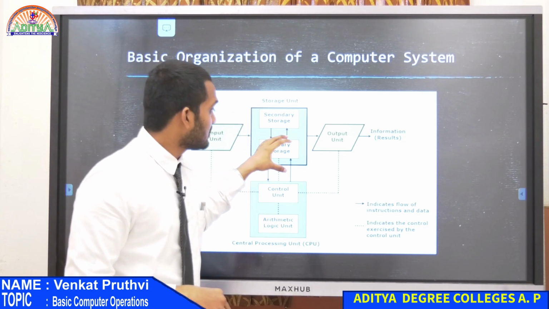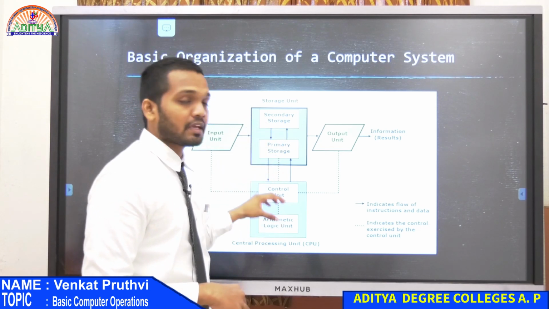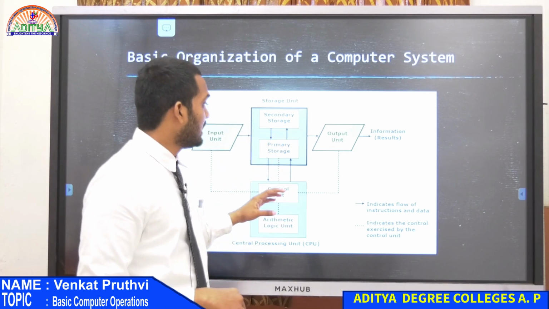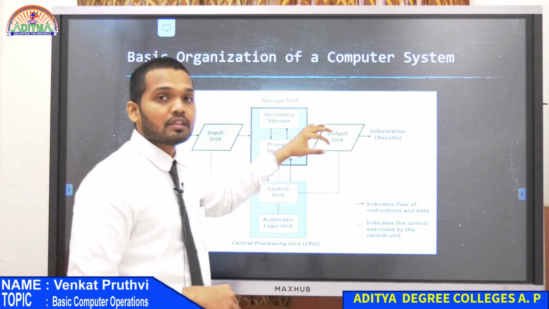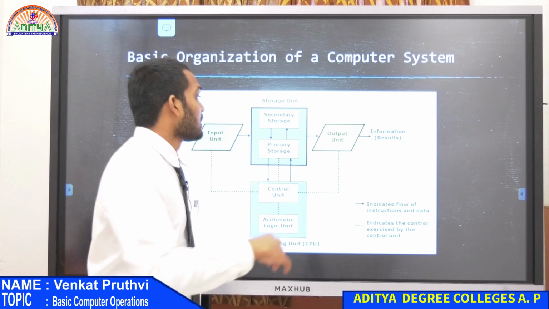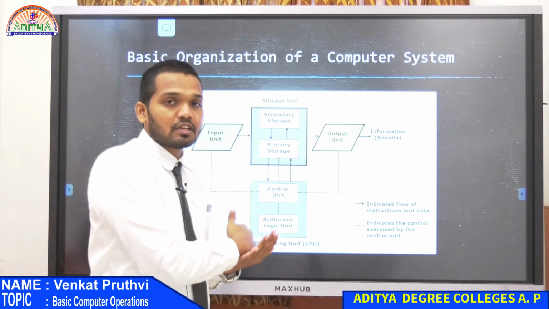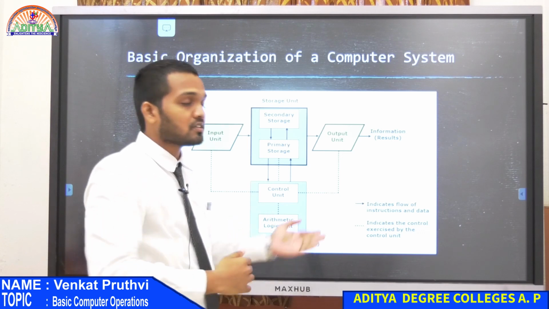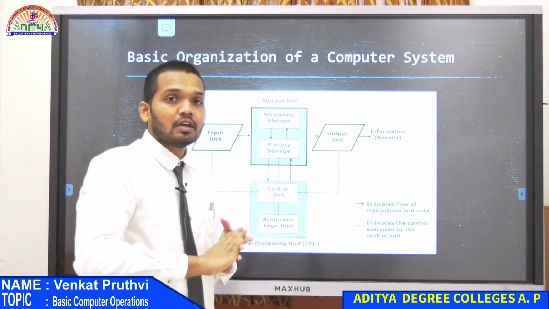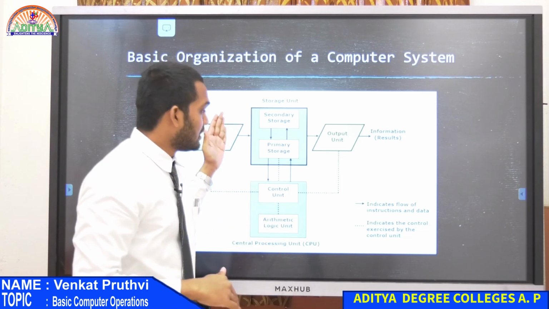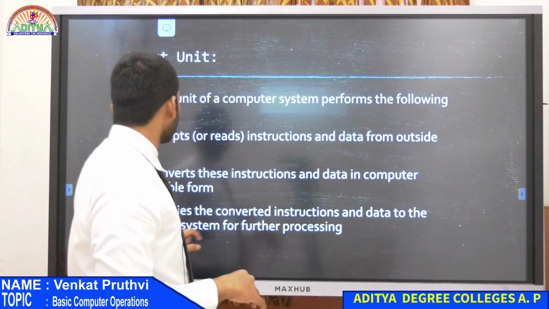Then, in the primary storage, whatever data is required by the CPU, it will take that, get the process done, and get it back, and it will send it to the output unit. In the output unit, again you have a program that converts the machine language, which contains zeros and ones, into our English language. So, both of these units are performing the conversion operation in the required form for the CPU.